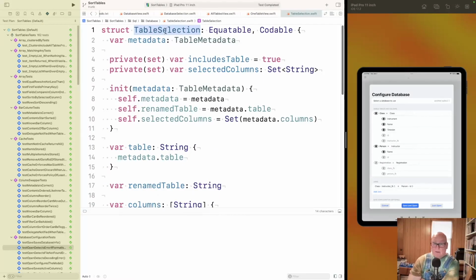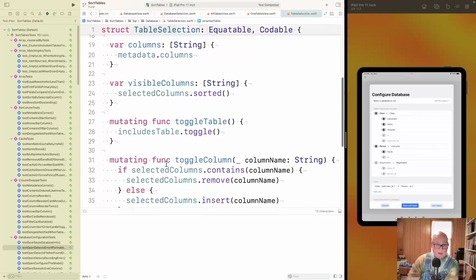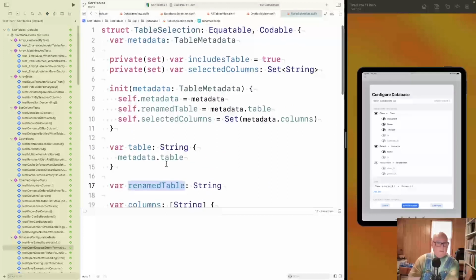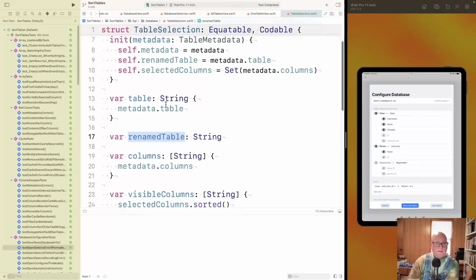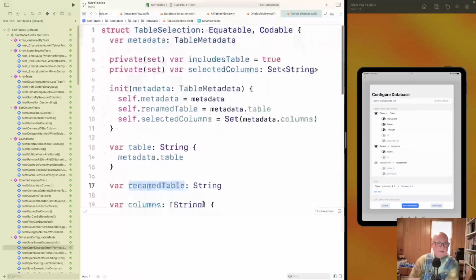All right, but my thought is that if you knew the table selection, because it knows the metadata and it knows, well, we hope it knows about renamed. It knows the visible columns. Yeah, I think this is the right entity. Okay, so, boy, we're doing stuff in the views so much. I guess what I'd like to know is,